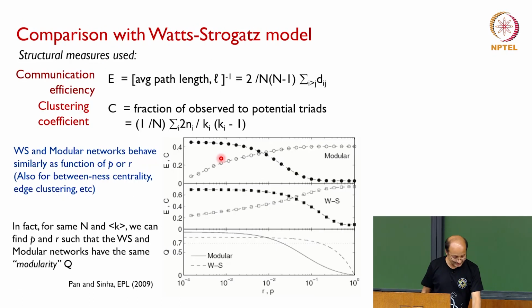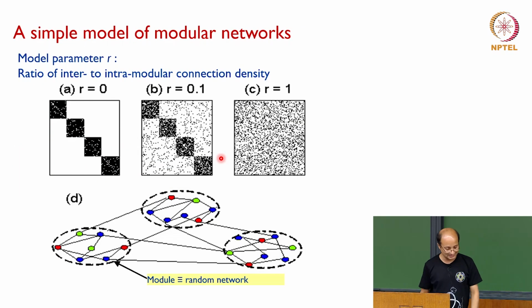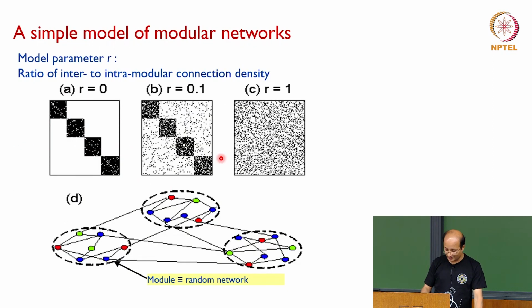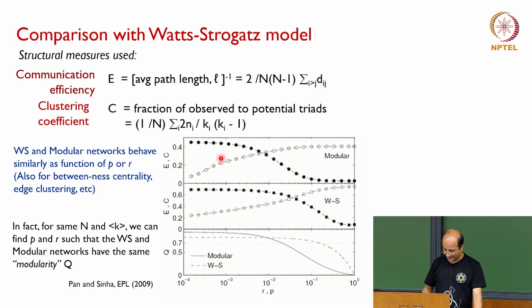So I will just skip through the rest of the slides because this was just a technical point to show that if you look at modular networks in terms of these kinds of model networks where you have a block diagonal structure and then you gradually increase the ratio of the intermodular connections to intramodular connections, you can actually show that they have exactly the same property in terms of how the path length and clustering coefficient behaves as a function of the inter to intramodular connection density, as in Watt-Strogatz network you get with the fraction of long